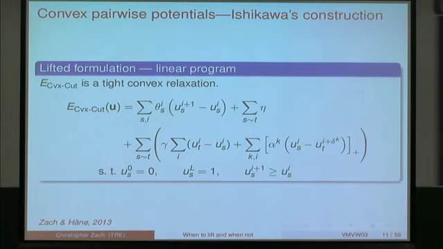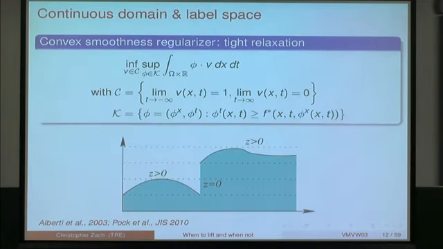People familiar with this will recognize the unit terms and some pairwise interactions, and via this construction you clearly read off that you obtain a tight relaxation, so you always get an integral solution that tells you which label exactly to choose for each of the pixels. So this was discrete domains, so viewing the image as a two-dimensional lattice and a discrete label space.